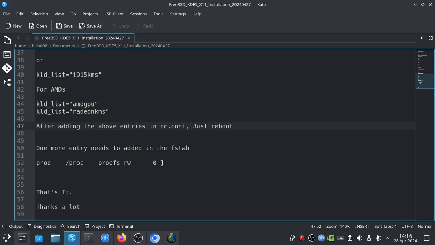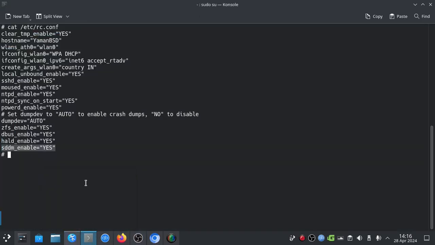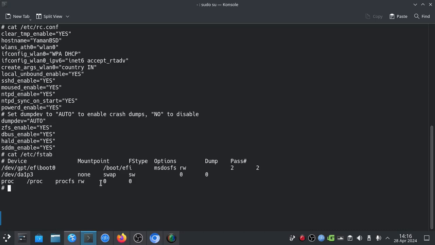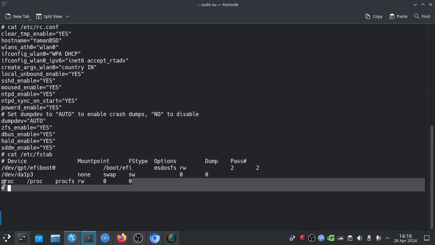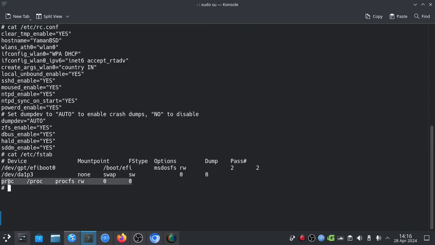Okay, one more entry we have to add in the fstab. This is a proc device entry. Actually, I have added it already. Let me show here. Cat /etc/fstab. Okay, this entry we have to add. Make sure to add it, then reboot the server, the GUI will appear and the desktop will come as KDE Plasma